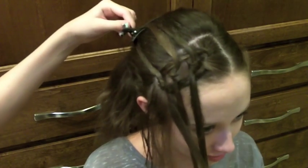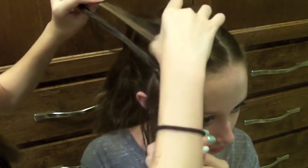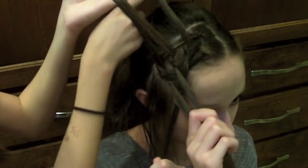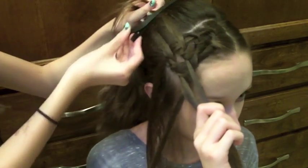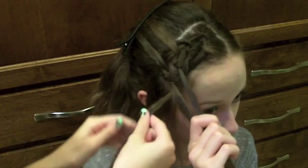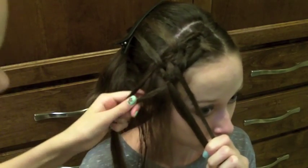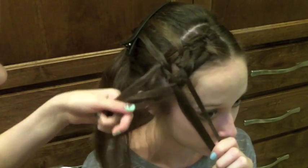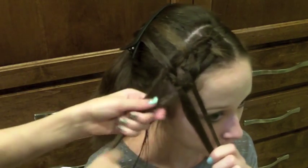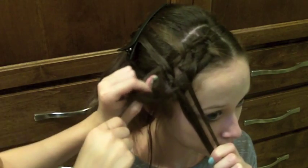And then I'm going to give her this piece, unclip these again, take this third one, this farthest one, drop it underneath, then pin these back, and then take this third one again, and then just drop it under. And then incorporate them into your next section. Split it in half and just tie